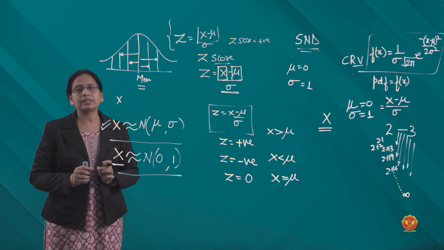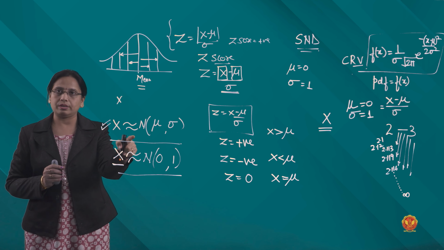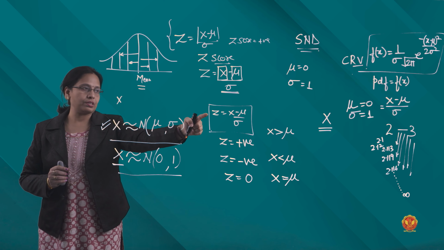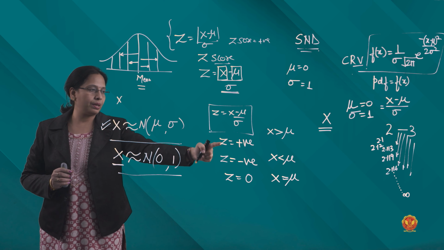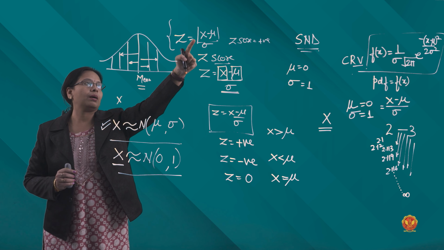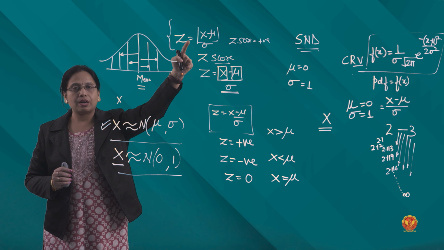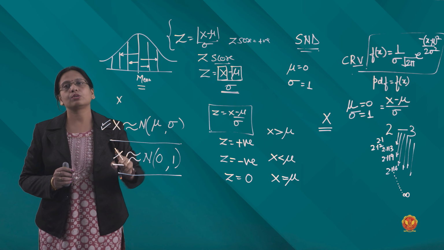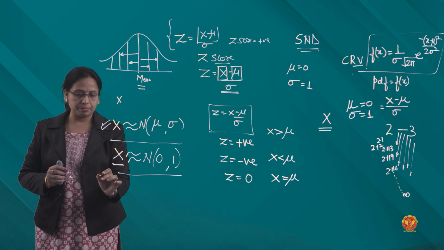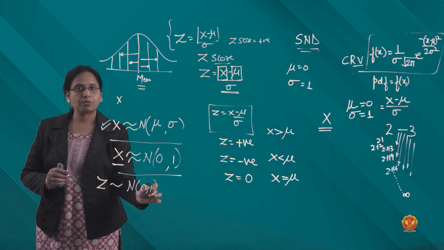If this transformation is applied to any normal distribution, when I say normal distribution, always look to this concept. What is this? This is the z-score transformation, where we can get positive, negative or 0 values. This is the z-score transformation where we took the mod, the absolute value, and ignored the sign. When the transformation is applied to any normal distribution, the result is the standard normal distribution, which is represented by Z, which goes to N(0, 1).